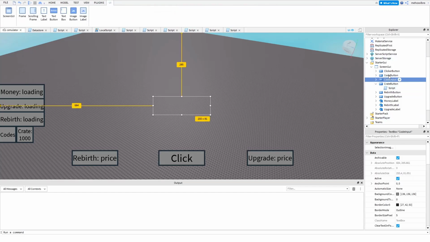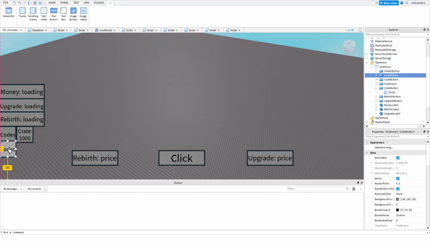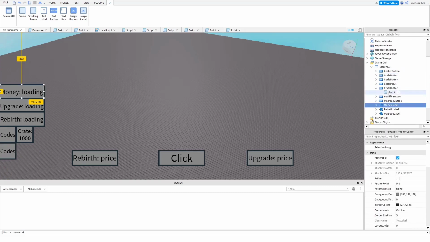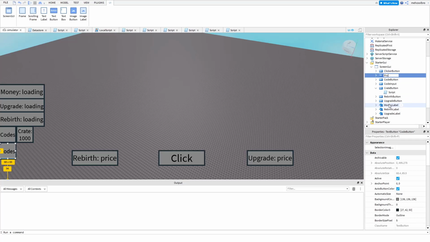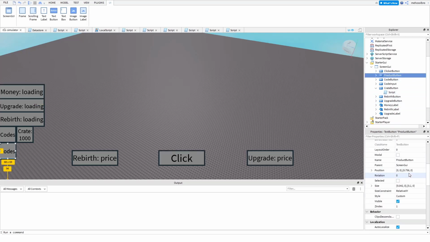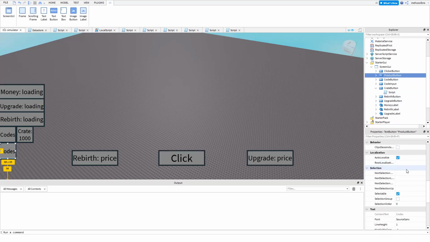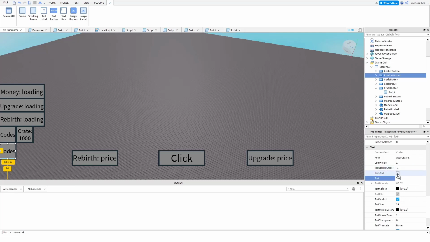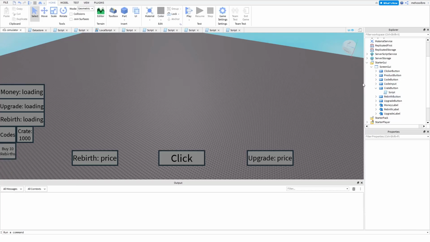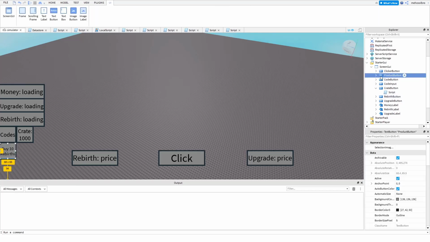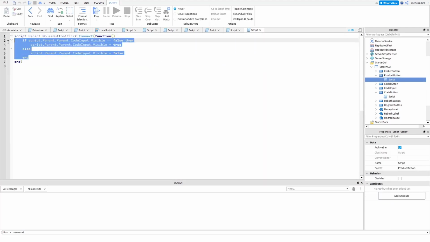First thing that we're going to do is duplicate the code button and shift it down. And now that we have that, we're going to rename the code button to product button, and change the text in the product button to buy 10 rebirths. Then, right in the product button, we're going to delete this,